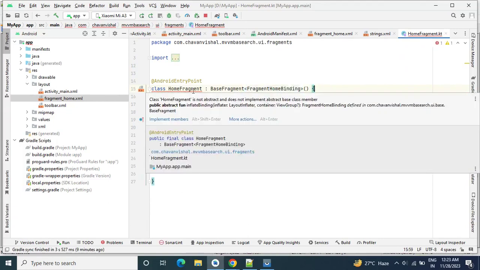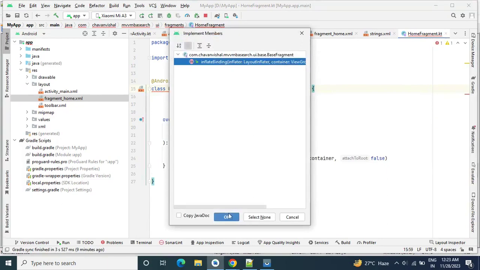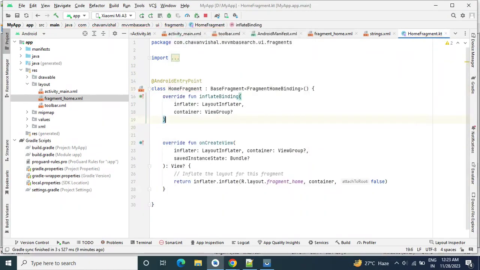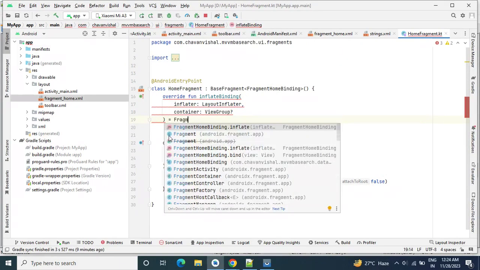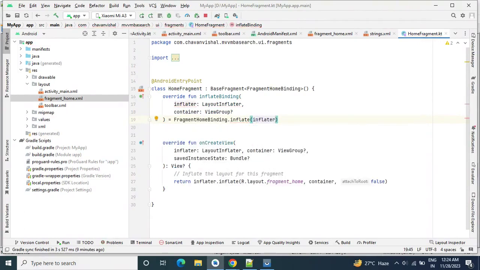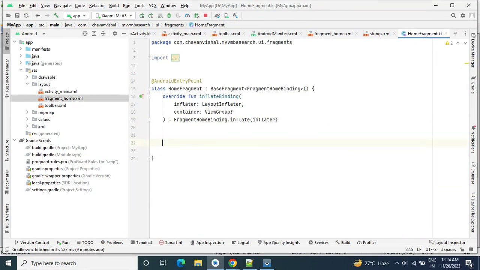Here also we need to implement our method. We will return FragmentHomeBinding.inflate with the layout inflater. We will remove this method.